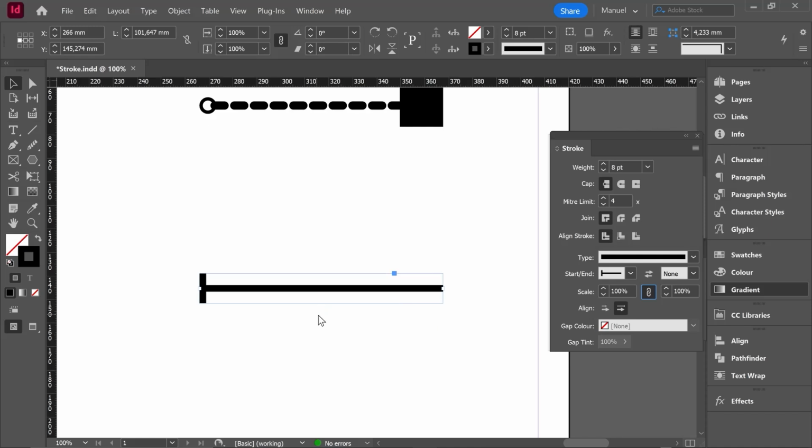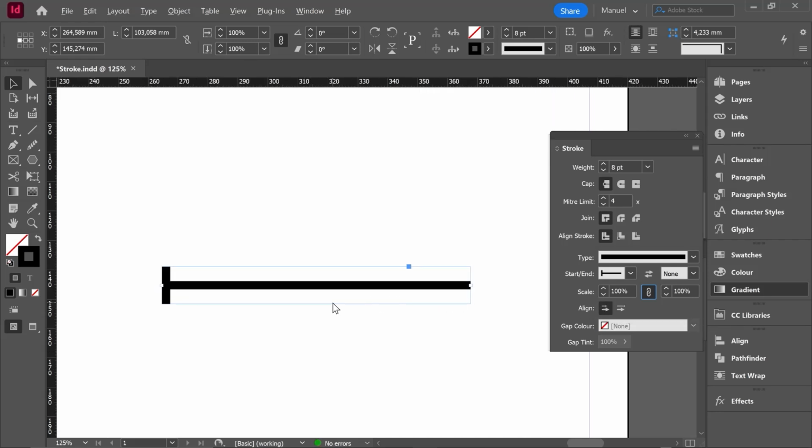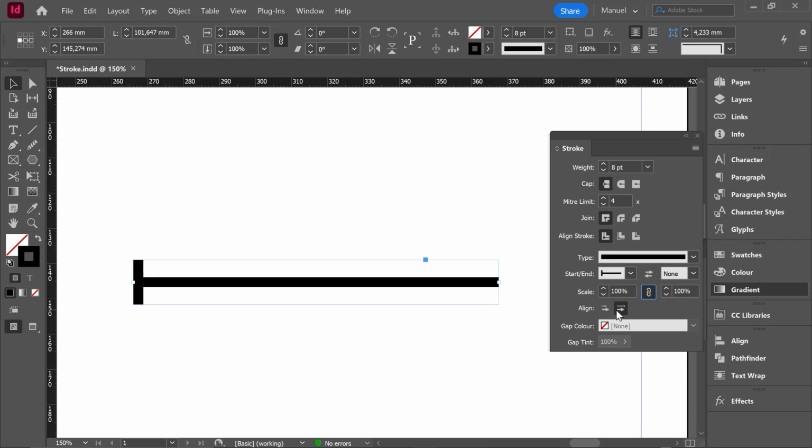Let's do it with this another example. Check the diagrams. Now we have this second option on. If I click the one on the right side, there is a tiny difference. It is like our line becomes a little bit longer or shorter depending on the option we are using. This kind of things, to be honest, makes more sense when we are doing a digital illustration in Adobe Illustrator, and then we need to be very precise with this kind of paths to join them in a specific way and so on. In my experience, in InDesign, normally we don't have to use that.